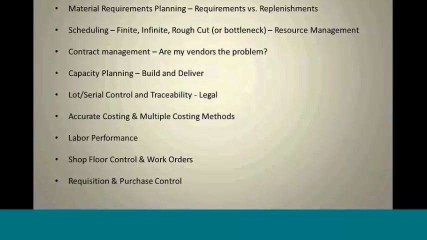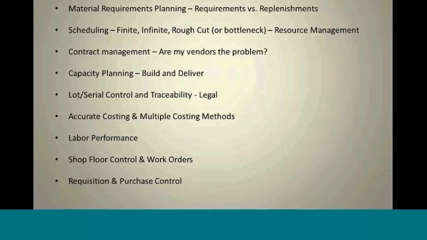So being able to have visibility to serial and being able to also use serial tracing for purposes of recall as well is a nice feature to have, and manufacturing software, if you turn that on, is a great thing to have. Accurate costing and multiple costing methods. What I like about most manufacturing systems is lots of times they have the flexibility and allow you to track